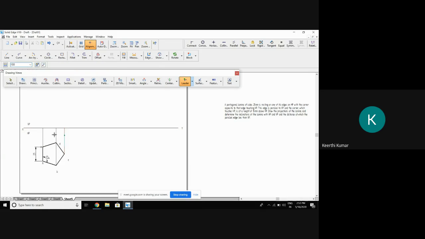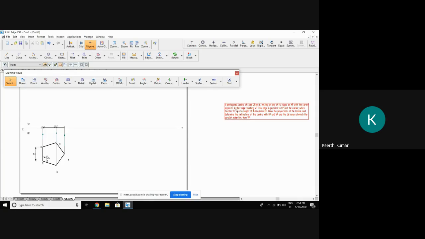Leader. This is the way I did it. And in the front view, how does it look? It looks like a horizontal line. Horizontal line is finished. Name it. This is A dash, inside the bracket E dash. This is B dash, inside the bracket D dash. This naming also, whether I should explain or you can understand. Okay, if I see from the base, I can see A, B, C. So A, B and C are outside the bracket. D, E, I cannot see. So those two are in brackets.